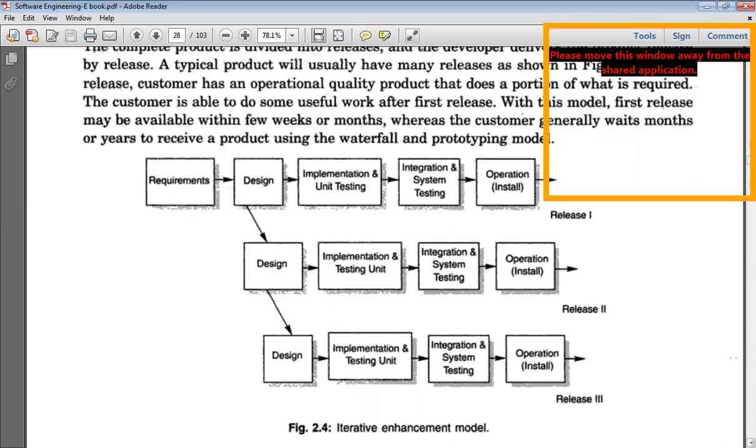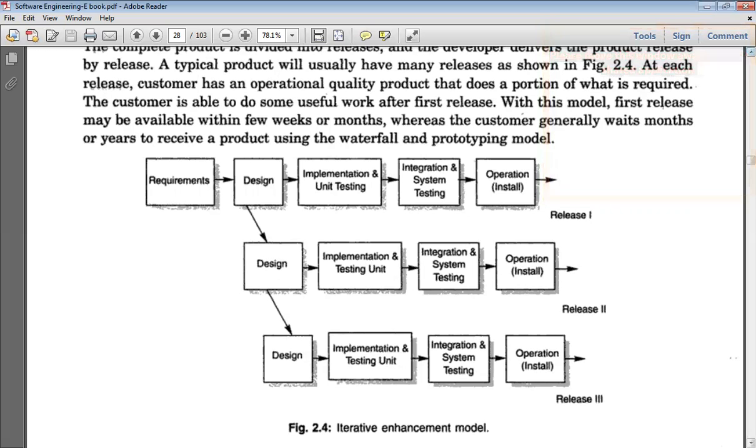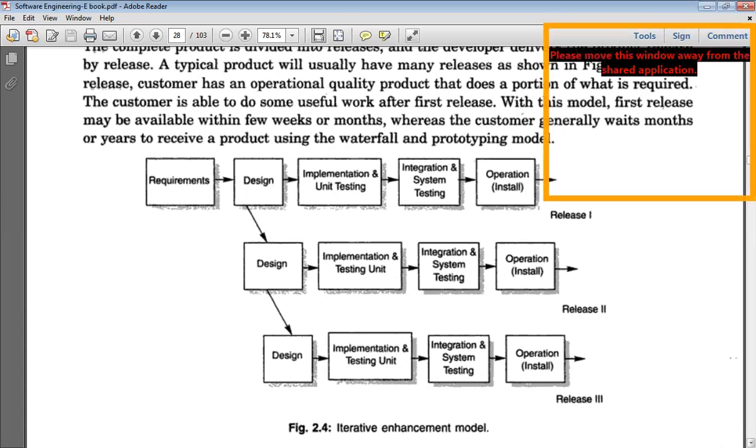Here you may see that there are three levels. In the first level, the requirements, then design, implementation and unit testing, integration and system testing, and operation, release one. Here you may see that we start with most of the requirements. We start with all of the requirements, and we design for that, and we start with